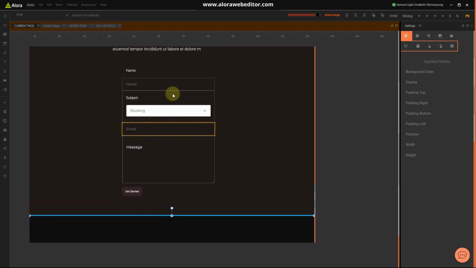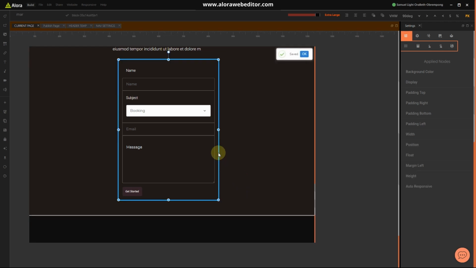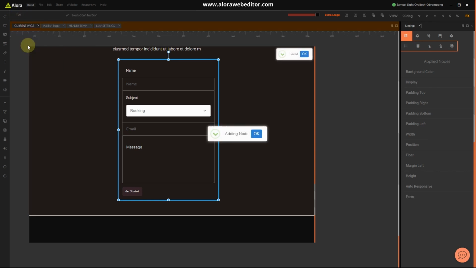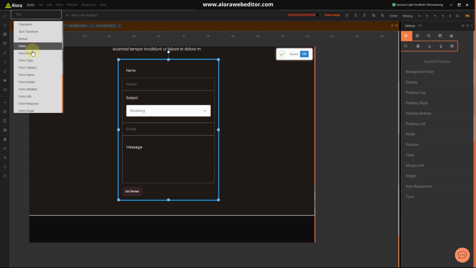All right, so we have a simple form here that we just built that the person can go ahead and send you a message. Now that you've built this form, you're not done. You need to do a few other things to make sure the form is delivered. First, you need to add form element. You need to tell the application that this is a form, right? Now the next thing you need to do is add form email,